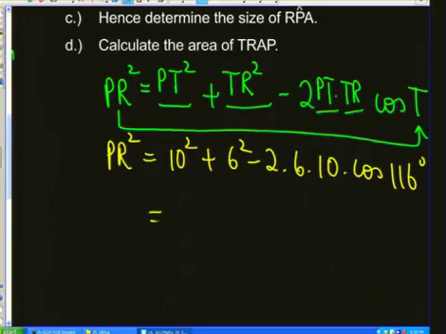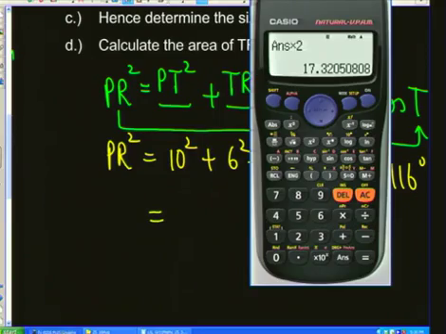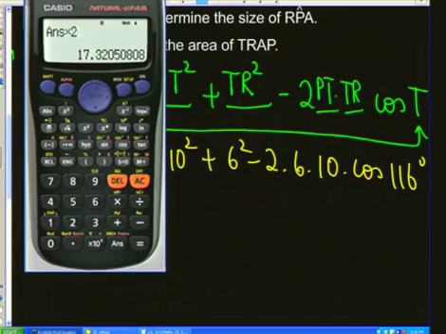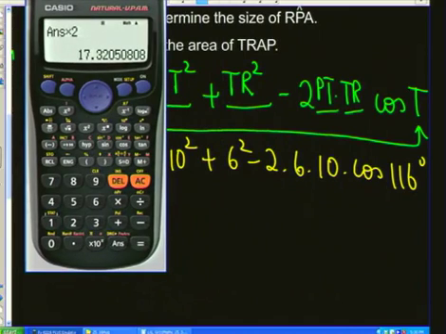And then we go away with our little machine, our magic machine here. We've got 100 plus 36 minus 2 6s are 12, 12 10s are 120, so that's 120 times the cos of 116. And that gives us